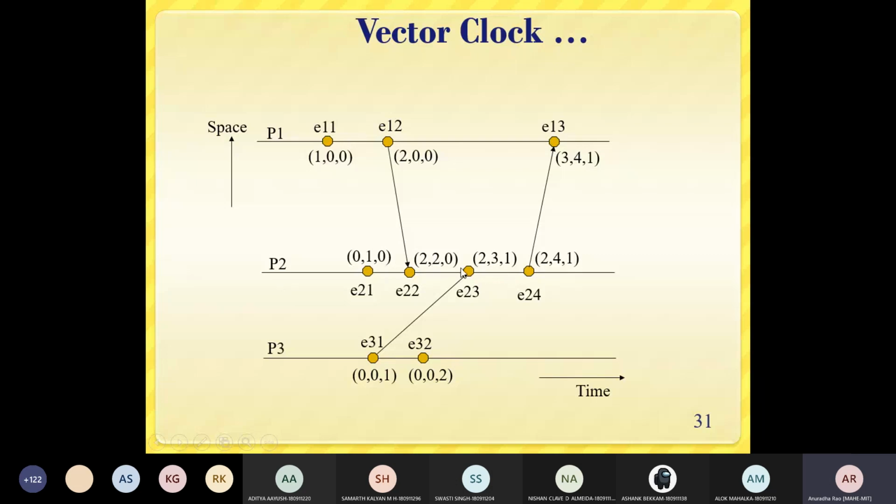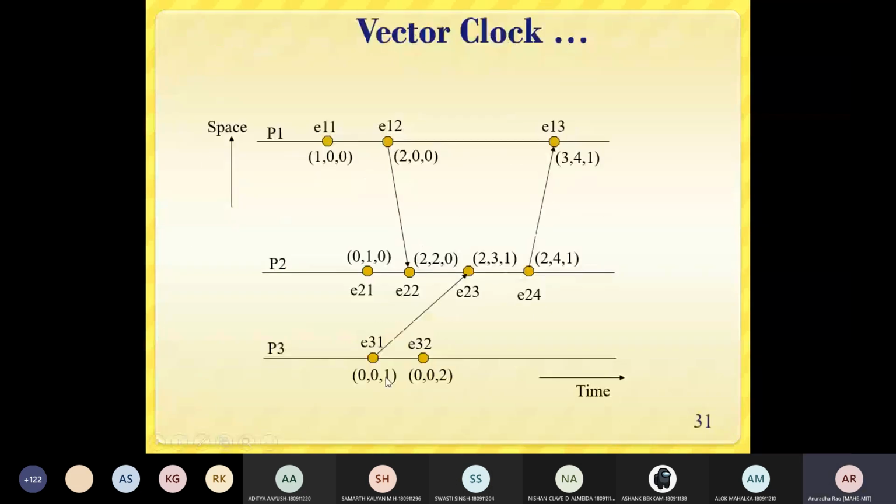Similarly, in P2, there is one more receiving event, that is E23. That is again based on the message that has been sent from P3. So here, the first event goes with 001, because 0 is the counter for the first process, second process, and then this is the third process where it has been incremented to 1.